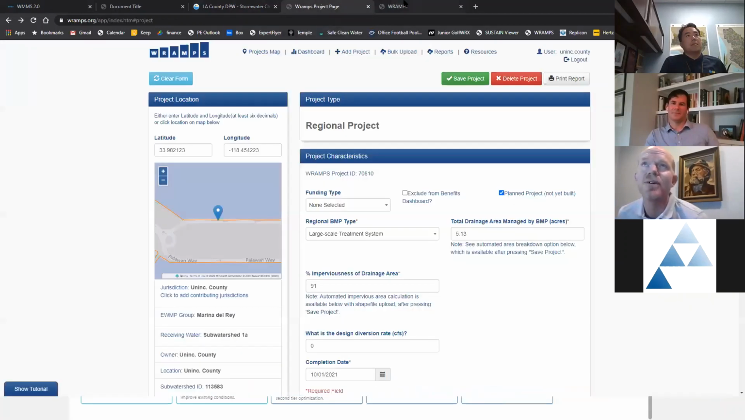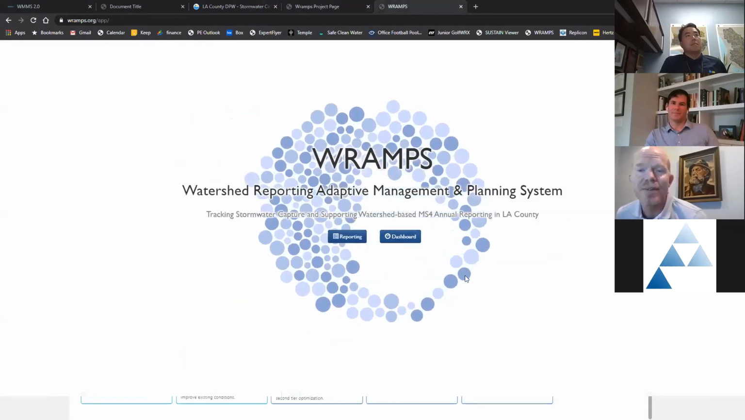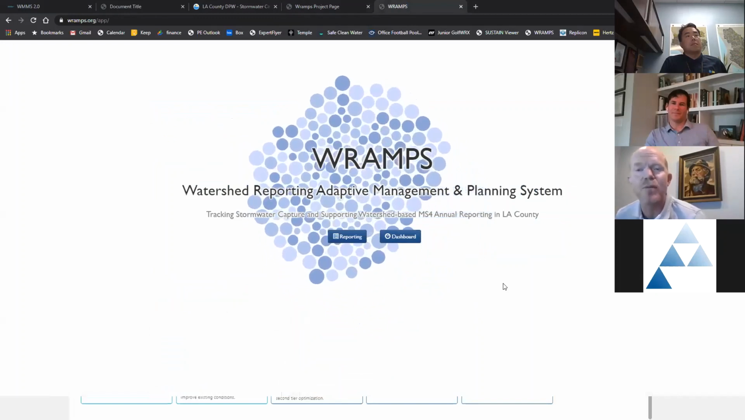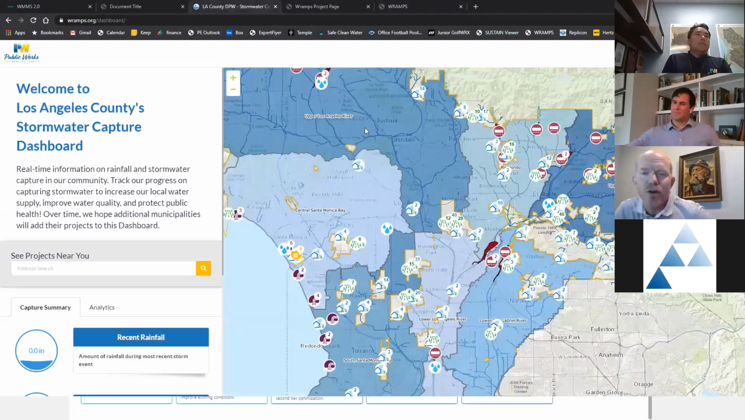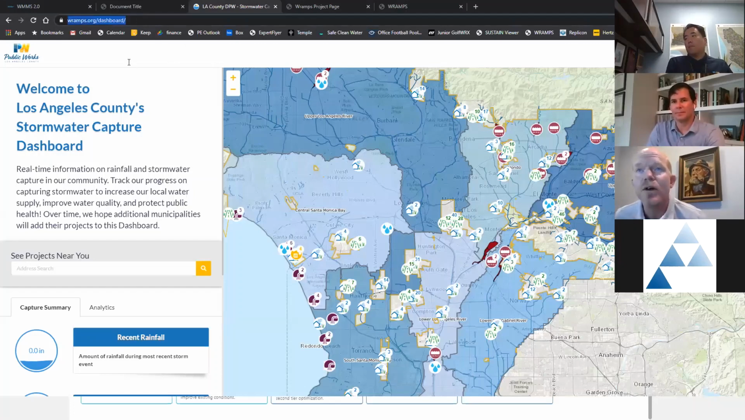You have to log in in order to get the information that's in here, manage the information, etc. And there's been requests in the past of, well, wait, how do I see that data, or how do we kind of use that data? And so the LA County Stormwater Capture Dashboard is a system that's now available at this URL that broadcasts